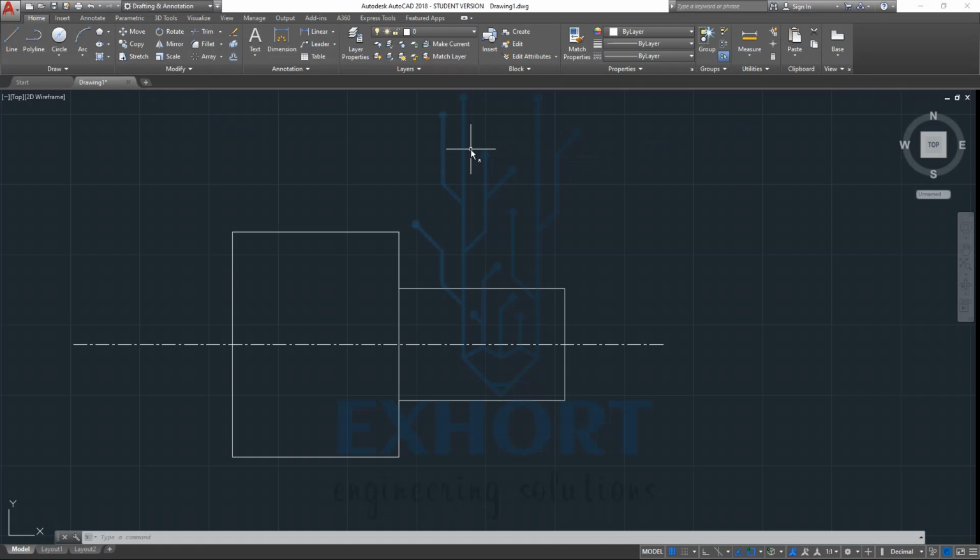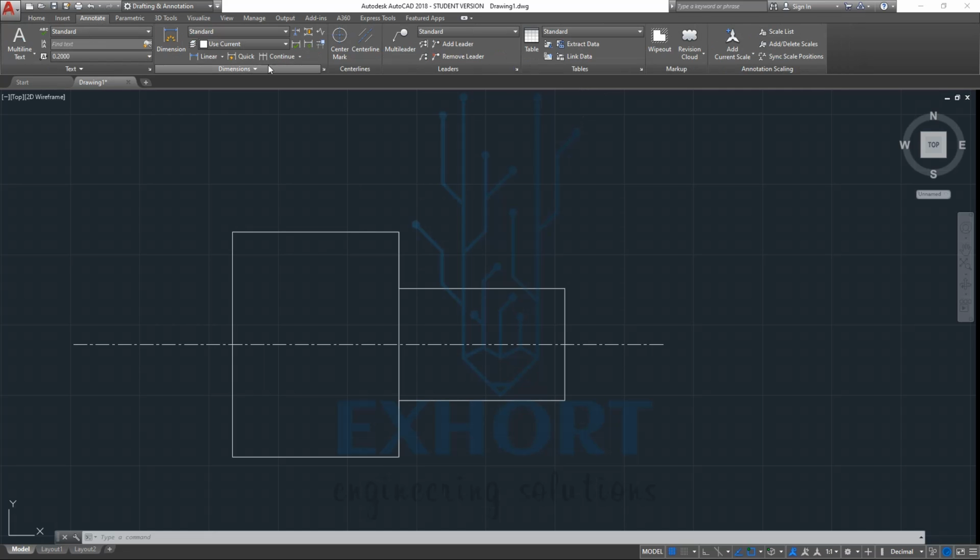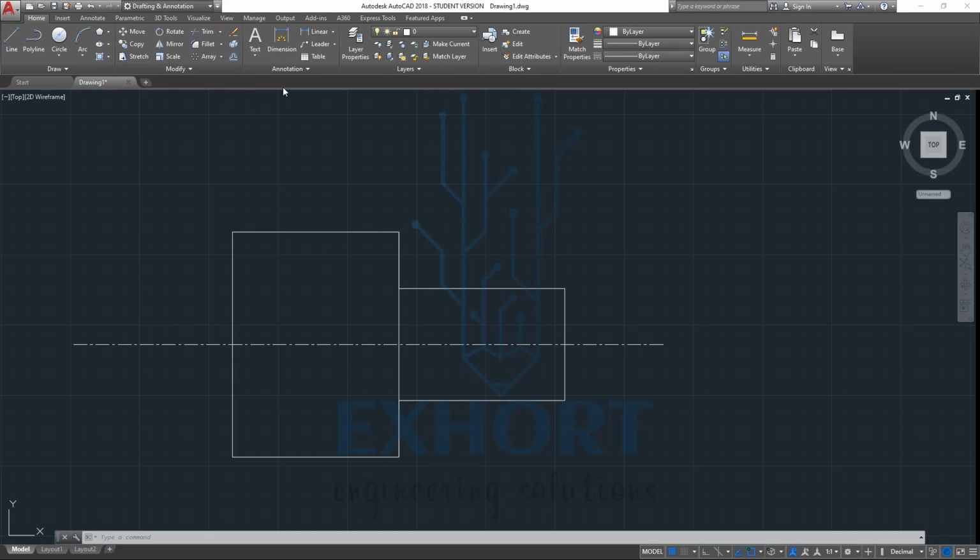Welcome back friends. As you know, till last video we have covered this draw section and this modify section, meaning how we can draw objects or geometries and how we can modify them. So our drawing part is ended. Now we have to see the dimension part. For the dimension part, the annotation tab is shown here. We can use this annotation tab from here, or go to Annotate from here also. I will show you how to use this.